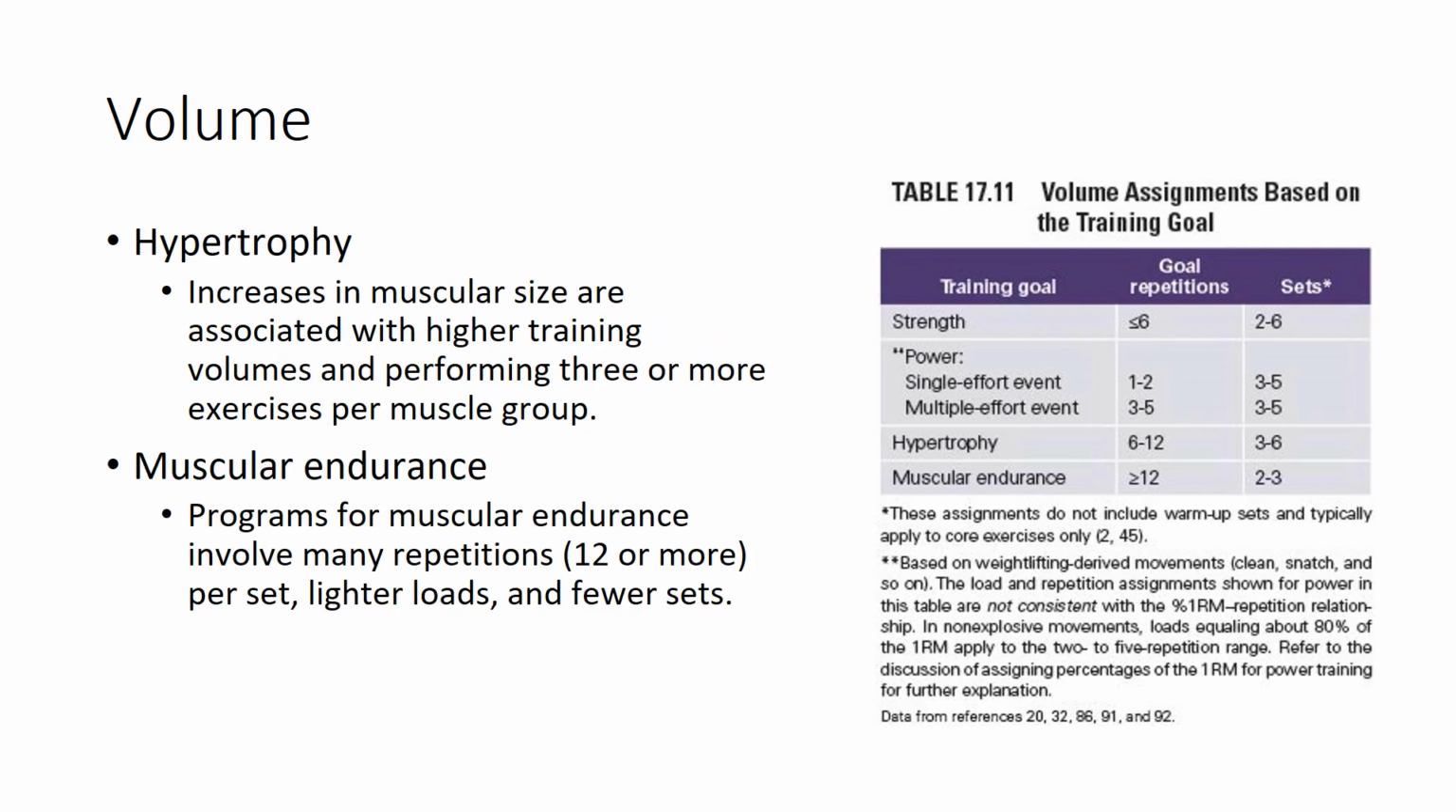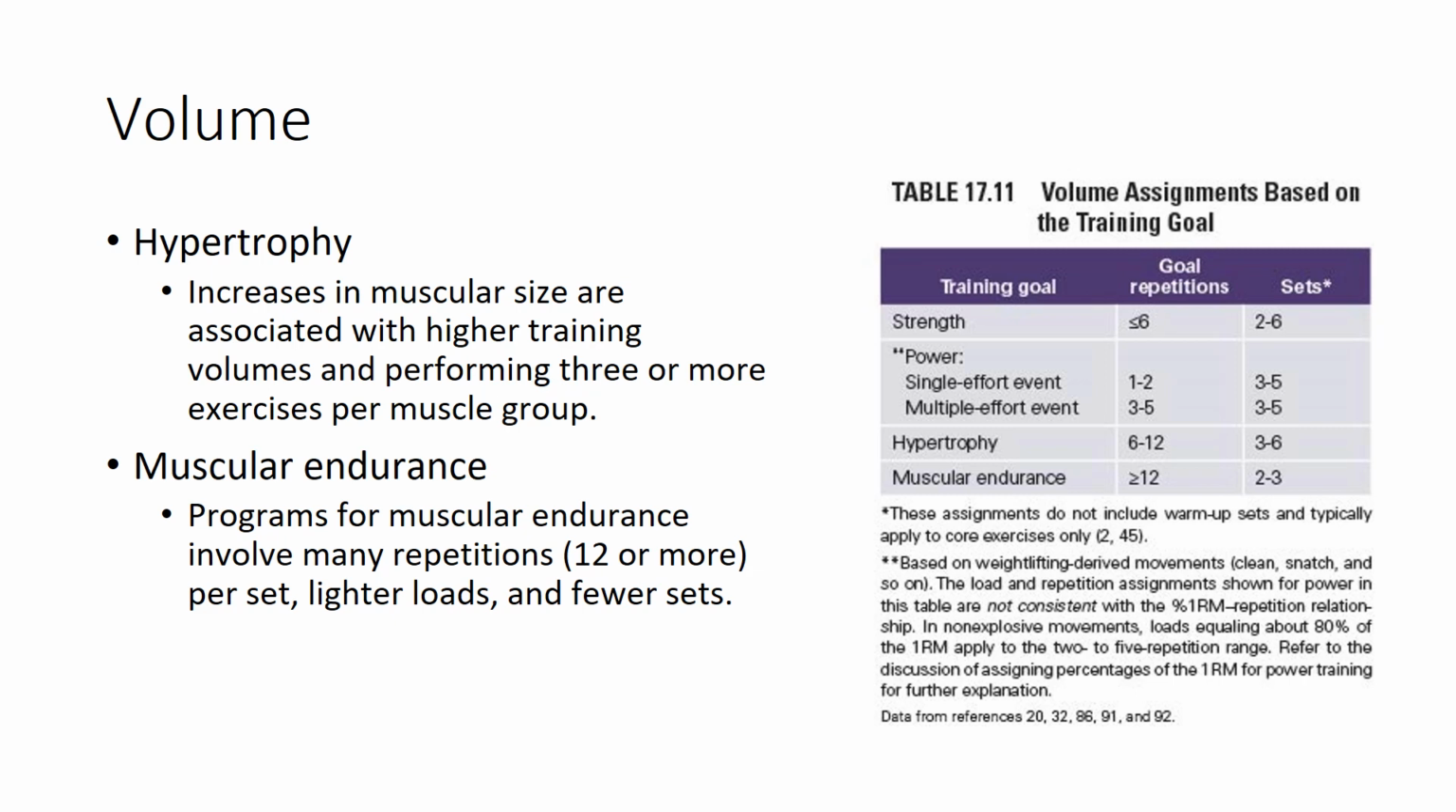When we look at muscle hypertrophy, it is generally accepted that a higher training volume is associated with this increase in muscle size. So this is the result of both a moderate to higher number of repetitions per set, and we can see this in the table with the goal repetitions for hypertrophy being 6 to 12. And the sets are between 3 to 6 sets. It's been suggested that performing 3 or more exercises per muscle group is also going to help with that increase